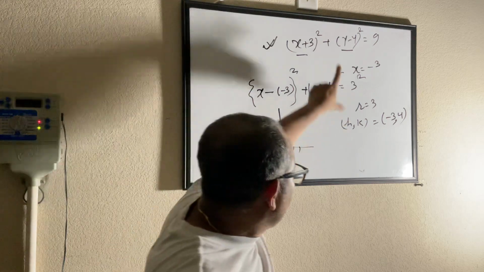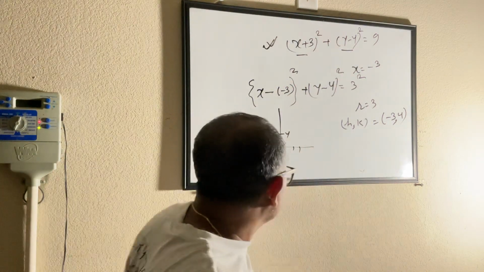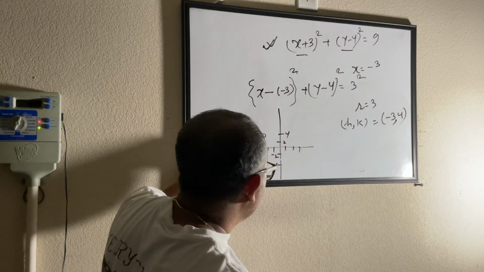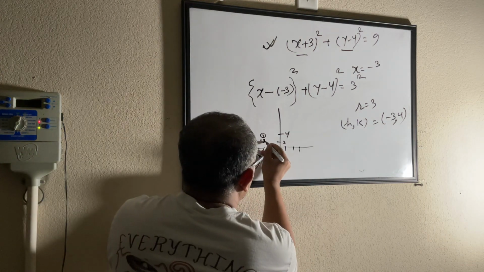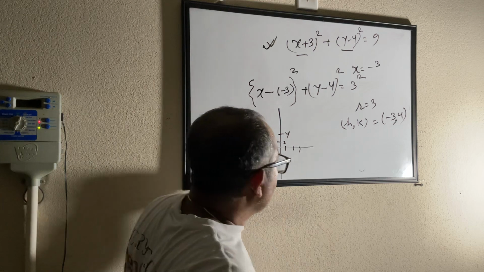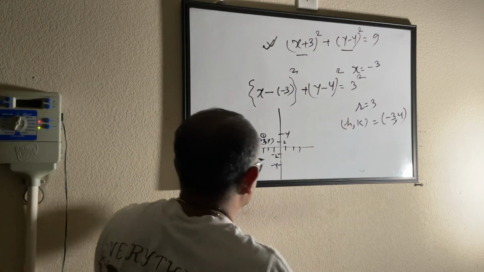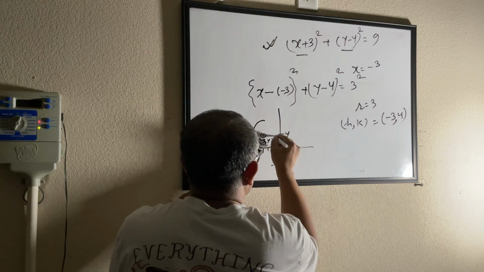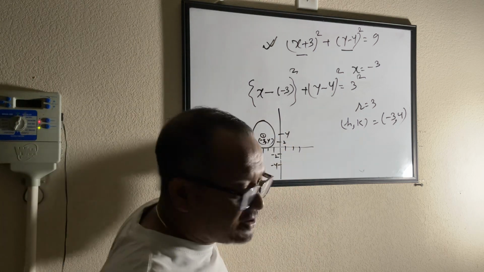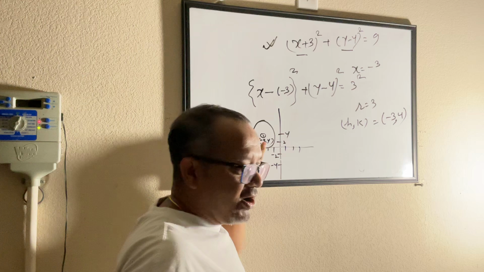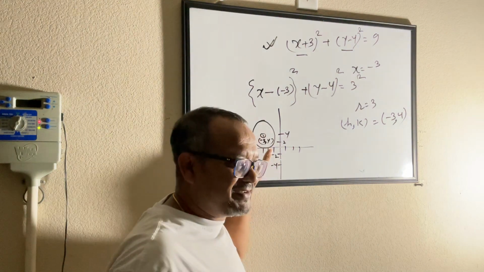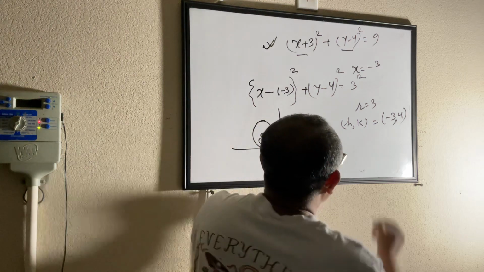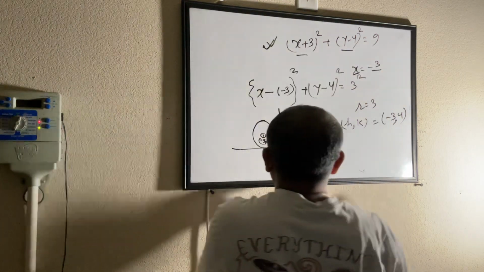So I have found the center as minus 3 comma 4, and the radius is 3. So essentially what is happening is, this is my circle. I know this looks a horrendous circle, but bear with me. This is a circle. Now it says, if the value of x is minus 3,